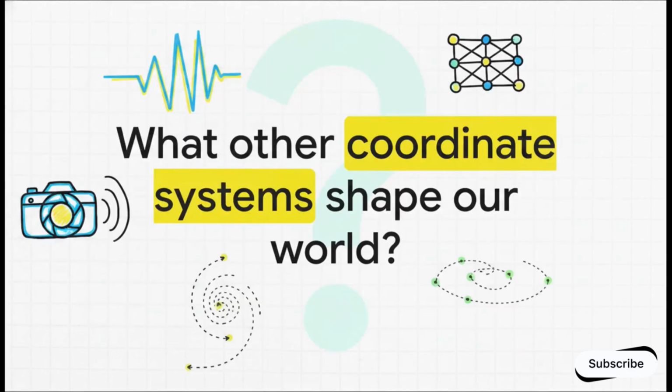Which leaves us with a pretty big thought to chew on. We've seen how just shifting our perspective from time to frequency completely unlocks our ability to compress images, simulate physics, and teach machines to understand human language. So if a simple mathematical lens can reveal the hidden structure of sound, images, and language, what other hidden coordinate systems are out there, silently shaping the digital world around you, just waiting for the right lens to be discovered?